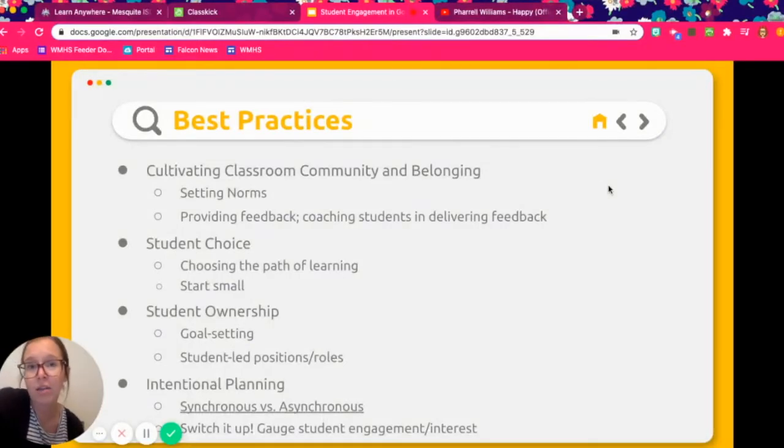Intentional planning, as far as the teacher is concerned, making sure that your curriculum for that day or your assignment or your activity for the day really does allow for student engagement. If they're just reading a passage and regurgitating information, that's not really a high level engaging activity. It may be important, but it may not be super high level and engaging. So being mindful of when you're planning, being intentional about trying to create bits and pieces within your lesson that